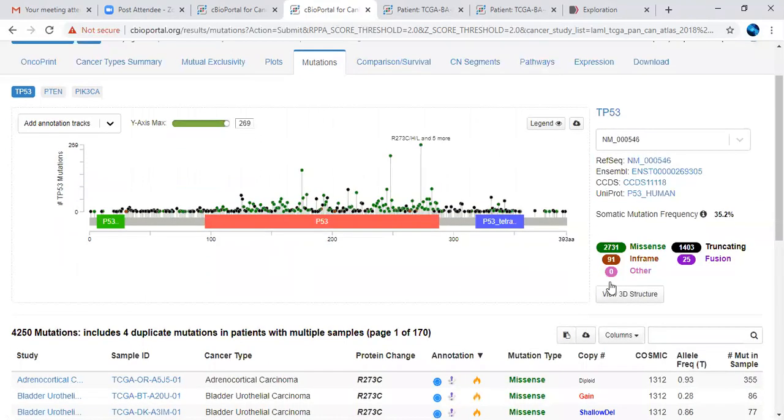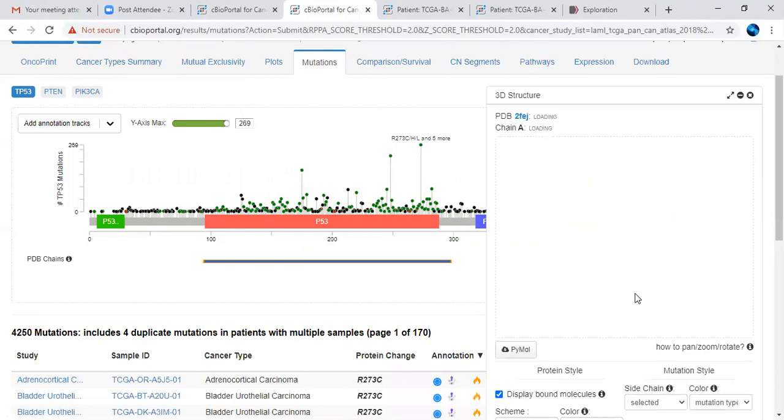So here the links are also available. Even here a link is available to the RCSB PDB database. That is, you can view this particular gene as protein data in the form of view 3D structure. So when you click on view 3D structure, you can see the 3D structure with respect to this particular search option.